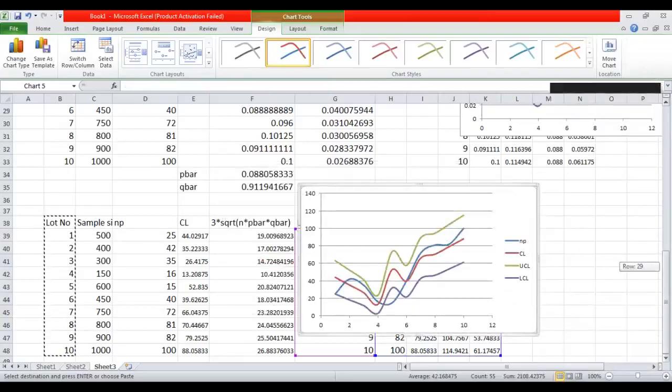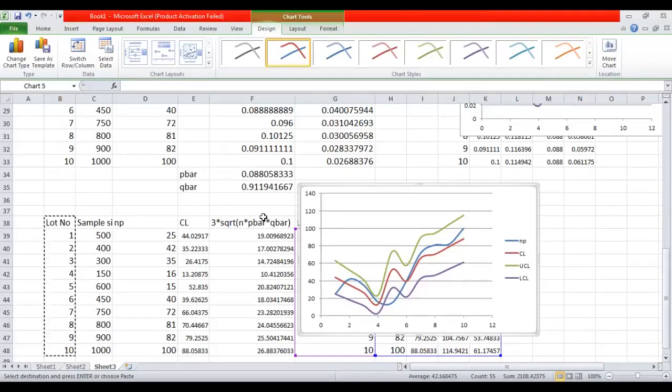Next, we have C chart. C chart is very simple. Same like P chart, you have to find the C chart values. So the UCL and CL values, the formula is C bar plus 3 into under root C bar. So from the given defects C, you find out the C bar value and substitute in the control limits, we get the C chart. Whereas coming to U chart, you will get U bar plus 3 under root U bar by Ni.